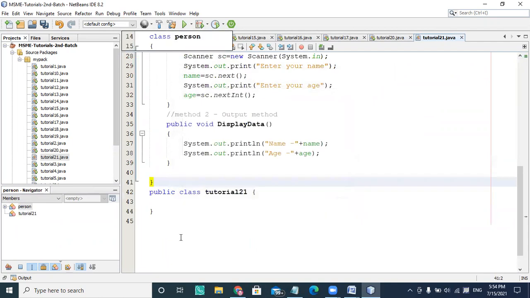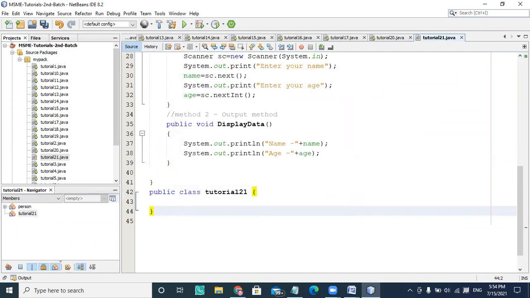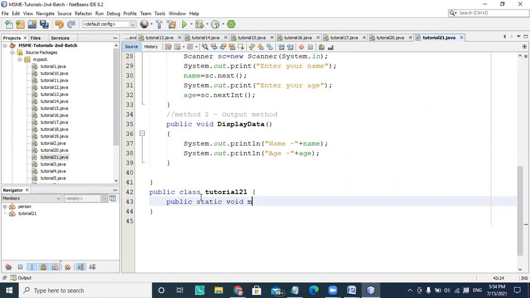And there is a public static void main, String arguments.